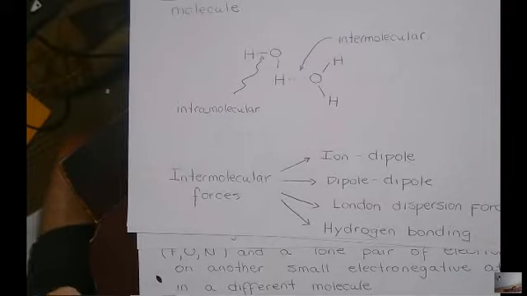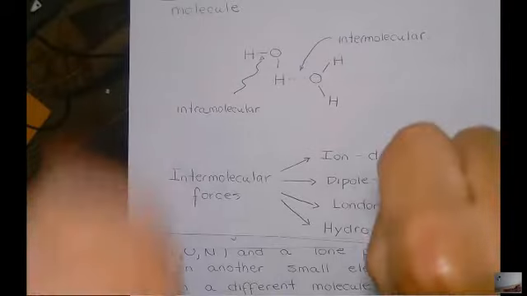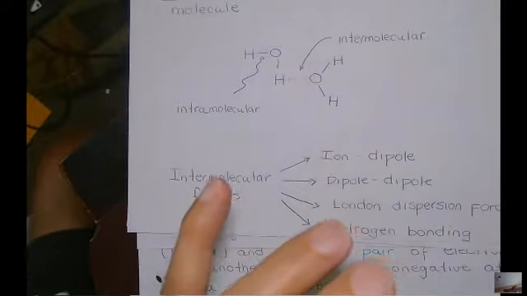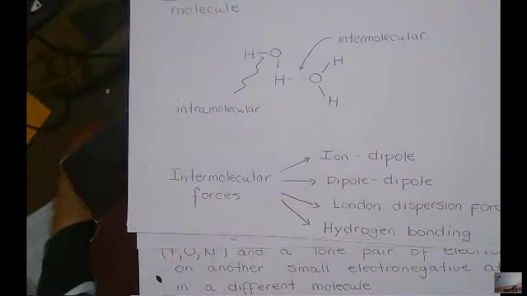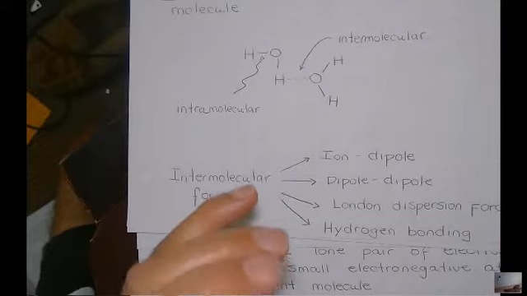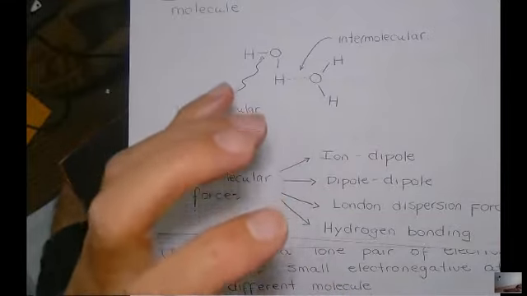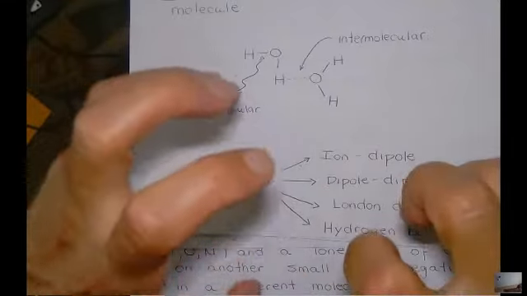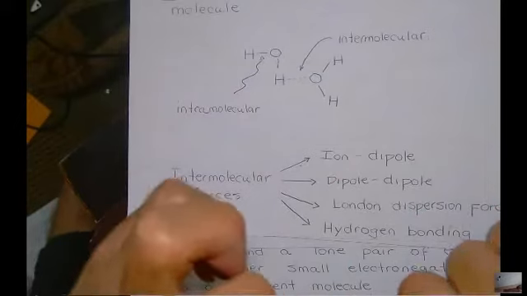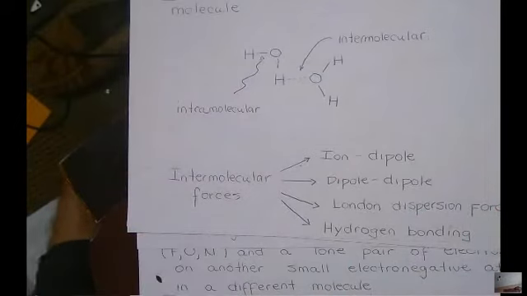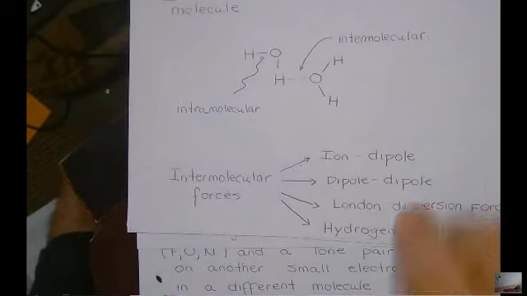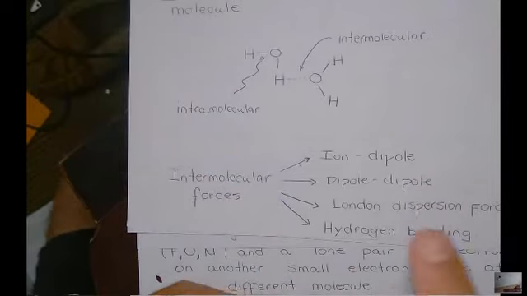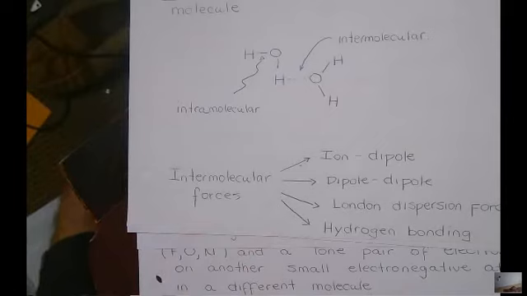it attracts the opposite effect in its neighbor, and that one attracts the opposite effect in its neighbor, and then that one attracts the opposite effect in its neighbor, and then all of a sudden you've got a little network of them holding together. Then a split second goes by and everything shifts. One atom shifts a little bit, and now it's slightly different, and its negative is pointing a different way. Well, guess what? It's going to cause a chain reaction of the 4 or 5 guys around it, and then